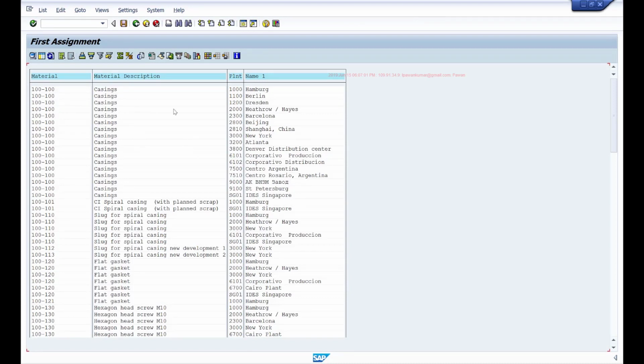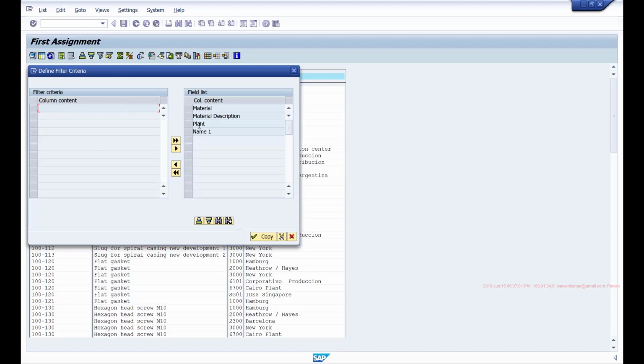Now, let's say the user wants to filter the data. So he wants to see the data about only a particular plant or only a particular material number. Then he can click on this filter, set filter. He can select the column by which he wants to filter.